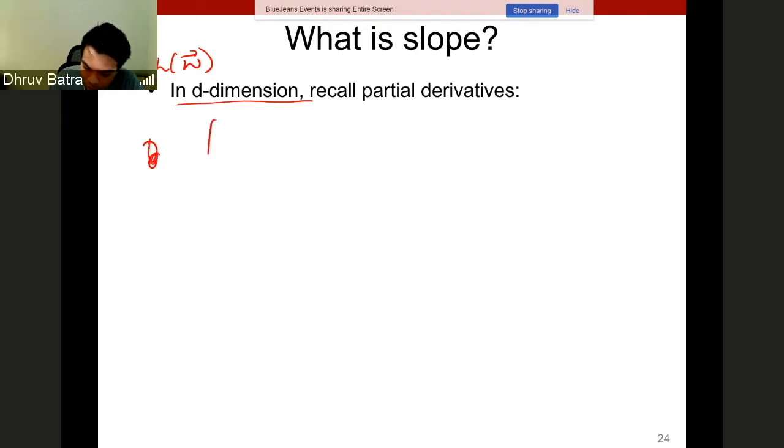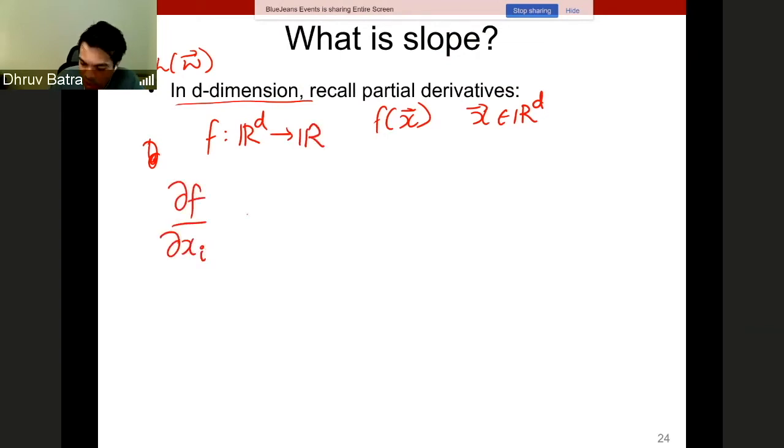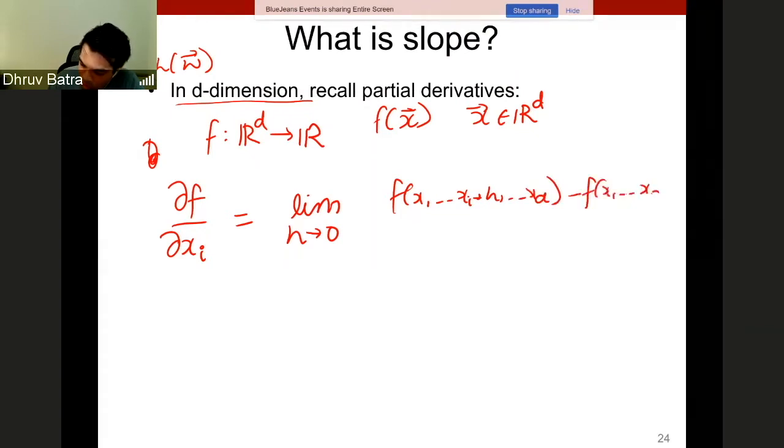So if we have a function f, let's say the function is f of x, where x is in R^d, therefore the function is a mapping from R^d to R. We are going to define a partial derivative of f with respect to x_i as the limit as h approaches 0 of f(x_1 through x_i plus h through x_d) minus f(x_1 through x_i through x_d), divided by h. So the change happens only in the ith coordinate,